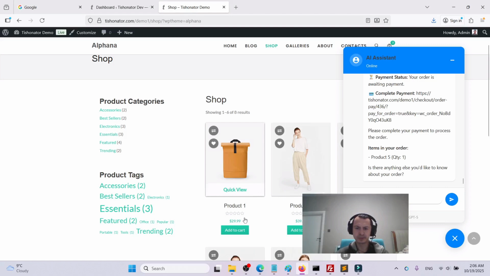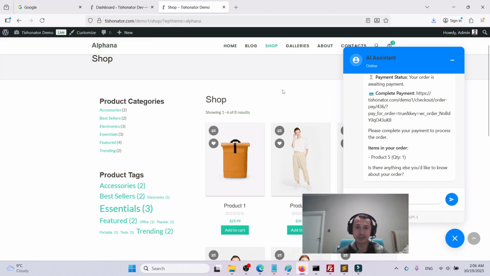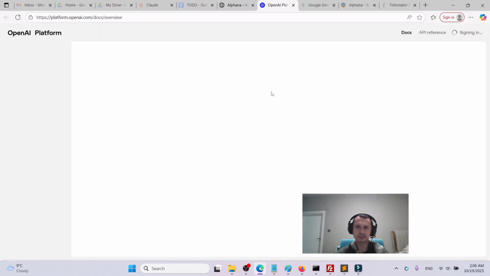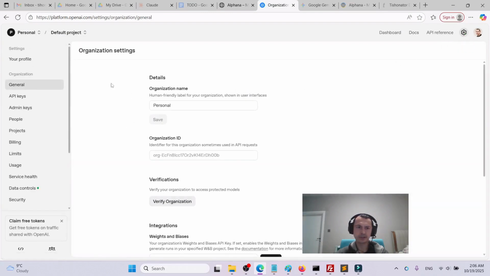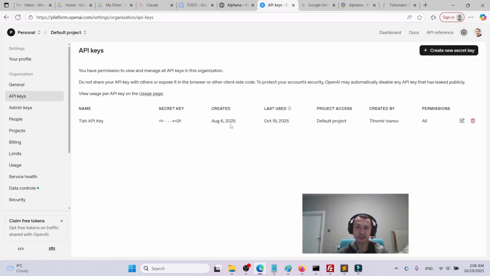All you need to do once you have installed and activated the theme is to go to platform.openai.com, then open your account details. If you don't have such an account, you need to register. Then go to API keys, generate an API key if you don't have one already, else you need to copy this value,